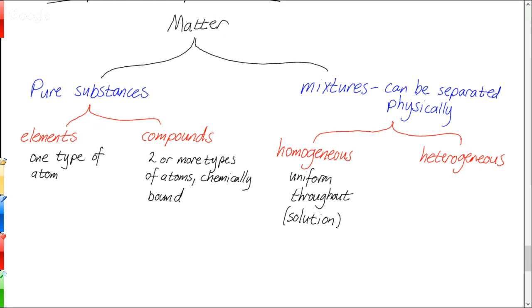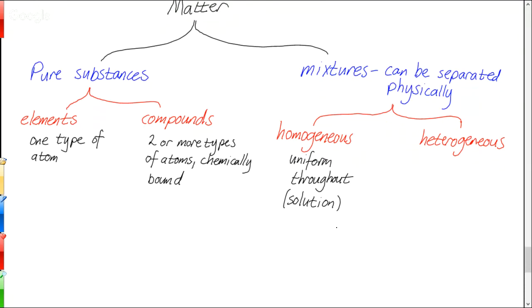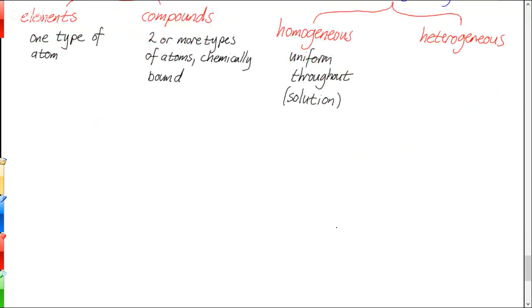If we stick with our water example, if instead of salt water we made, let's say, sand water, don't drink sand water, but if you put a bunch of sand in water, it would not make a homogeneous mixture. You can always see the sand and you can see the water. They don't dissolve. That would be an example there. All right, let's look at a few examples and see where we would put some stuff here.